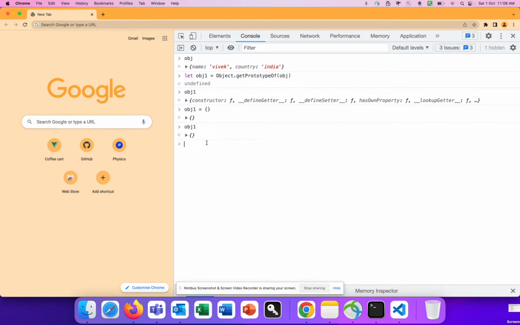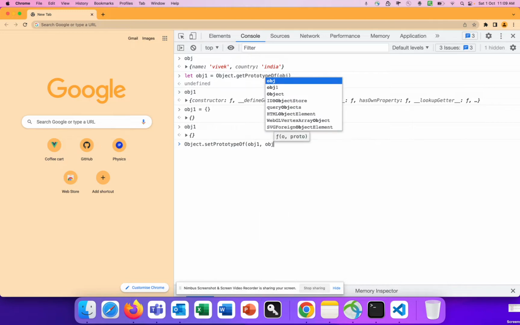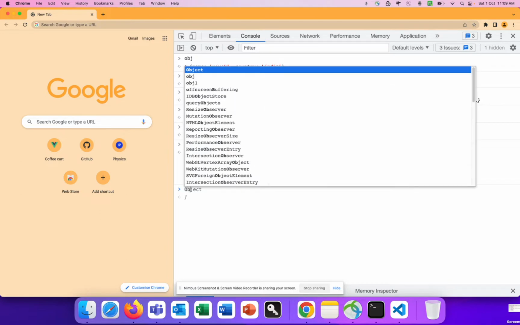And so now I want to set its prototype with something else, and we'll provide the object one, and we want to set the prototype. So its prototype will be these things. Okay, if you remember Object.create, this is more like a similar thing. So in object one we added object properties as prototype, right? So in create this happened the same way. If you want to create an object with some other object, like here in create we don't need this parameter, so we'll be directly assigning that. So this will happen. Similarly in Object.prototype,